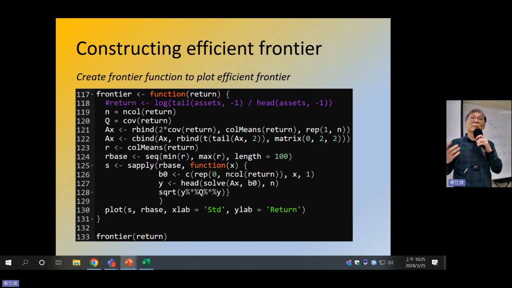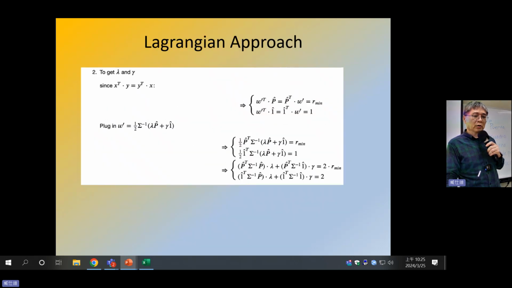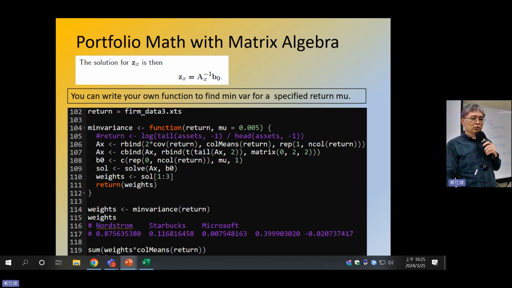I know maybe some of you are familiar with that, but I still have to review this part because this is a very important section in building the portfolio, especially the original portfolio theory based on the Markowitz efficient frontier theory. This is about how to plot the efficient frontier, because in previous codings we just generated one efficient portfolio for a given return. In this case, we just specify the return to be equal to